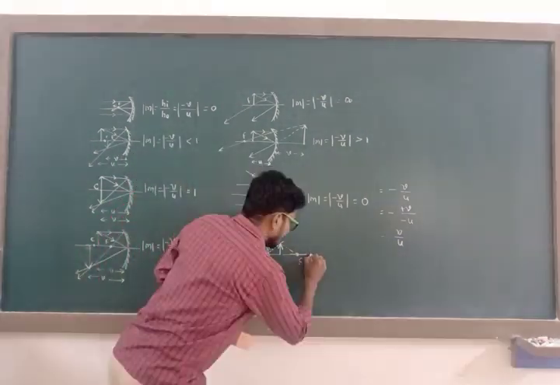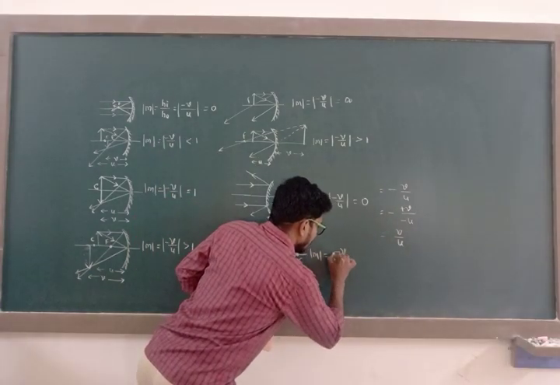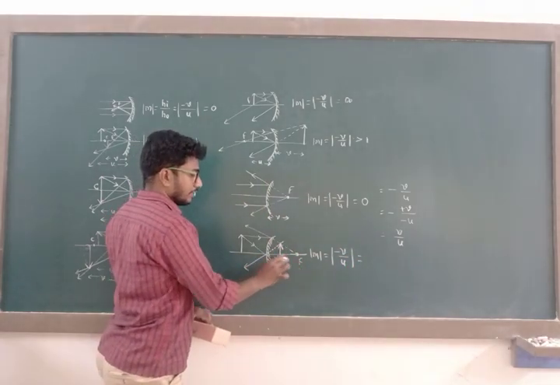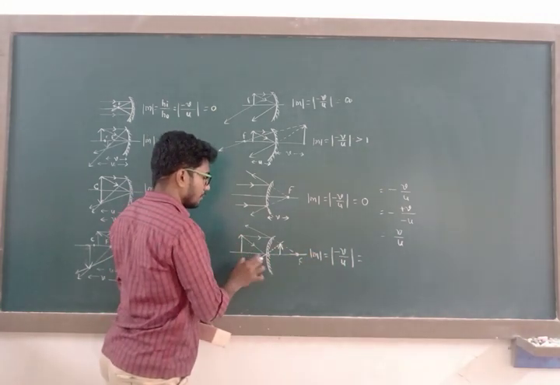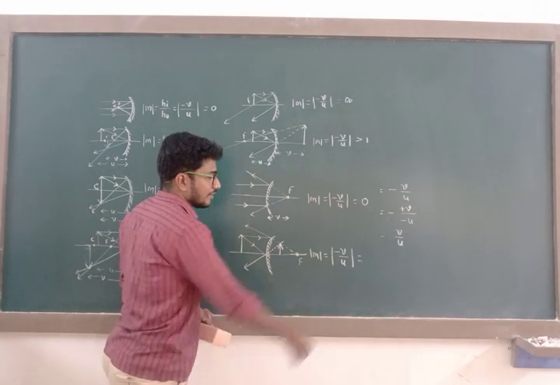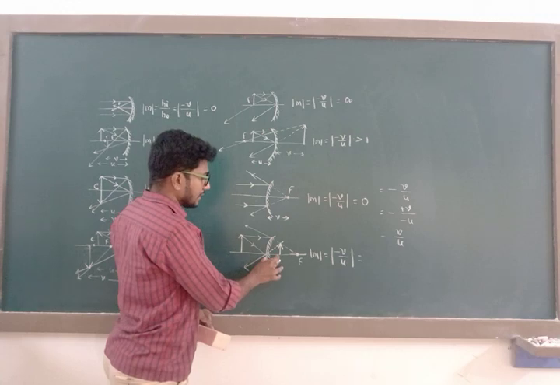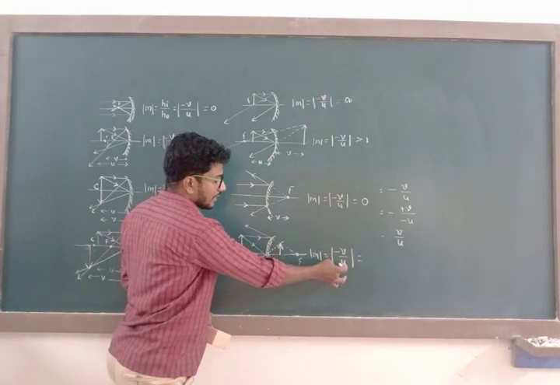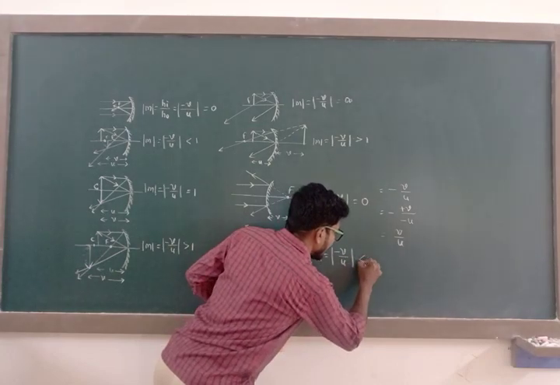Then linear magnification is equal to minus V divided by U. Again this measurement is in the direction of incident light. V positive, positive into negative, negative. This measurement is opposite to the direction of incident light. U is in terms of negative sign. Negative sign gets cancelled. This whole ratio is in terms of positive sign. And here image distance is less than object distance. That means numerator value is less than denominator value. Therefore, this linear magnification is less than 1.